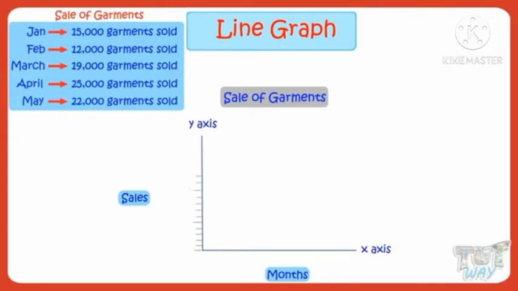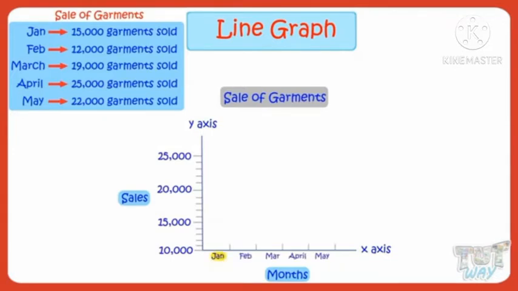As we make a scale along the y-axis to show the numeric values, first find the range of values that we have to show on the scale. Here the range of numeric values is 12,000 to 22,000, so let's make a scale showing values 10,000 to 25,000. Dear students, on the x-axis the names of months are shown, that is Jan to May.